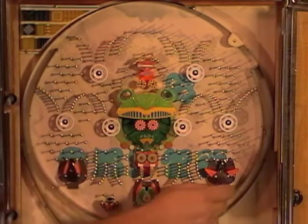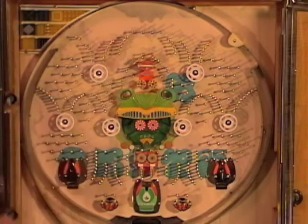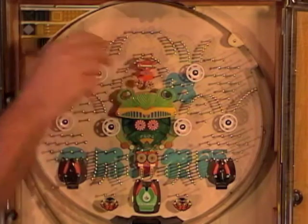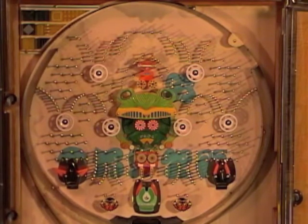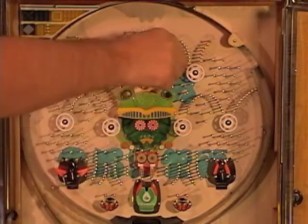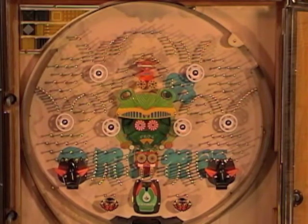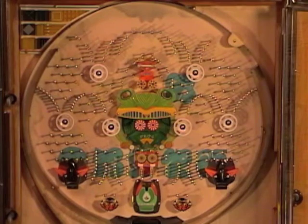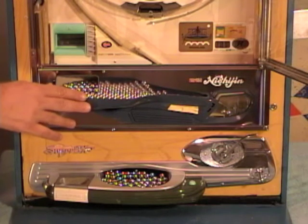I'm going to close these. If you get one in either of the eyes of the frog, drop one over here. So by getting it in this eye, it opens up this one. If we drop one over here, it opens that one. Now we've won a lot of jackpots, and the nice thing about these recycler trays is